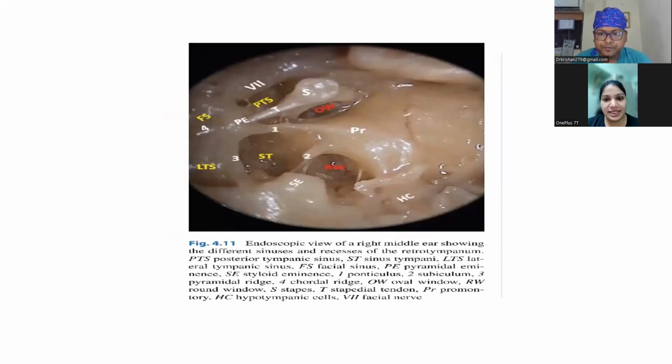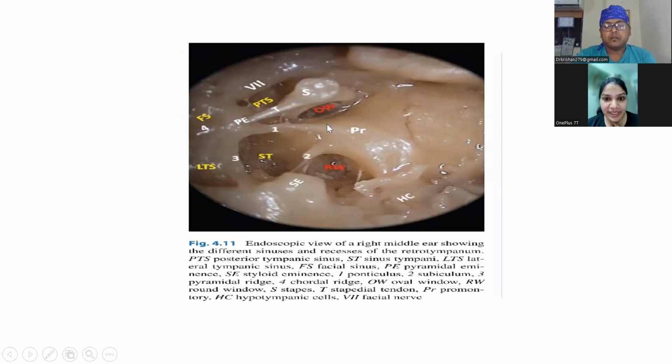Okay. This is the endoscopic view of the right ear, showing the different sinuses and the recesses of the retrotympanum. I have already explained that in the retrotympanum, you have to be thorough with the facial recess area and the sinus tympani area. Here we can clearly appreciate the seventh nerve, most superiorly, then the facial sinus area, lateral tympanic sinus. Okay,